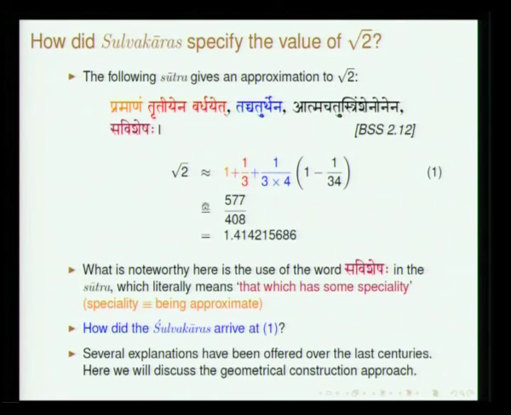We will see soon how Bodhayana might have arrived at this expression for root 2. As I mentioned, this Savishesha has been studied in greater detail and further refinements have been presented in one of the commentaries. Several explanations have been offered by various scholars who studied this sutra, and what we will be presenting here is a certain geometrical way of arriving at this expression for root 2